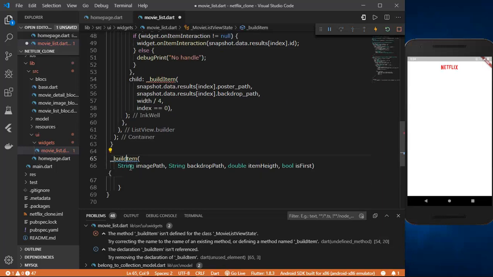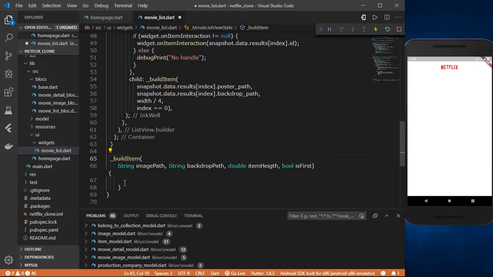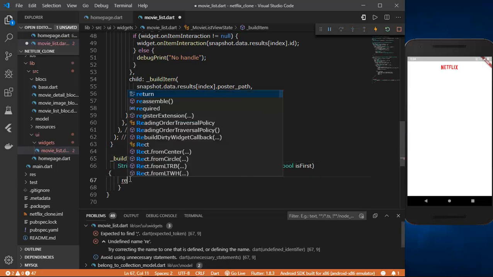I think it would be capital I, so buildItem, and this is going to return